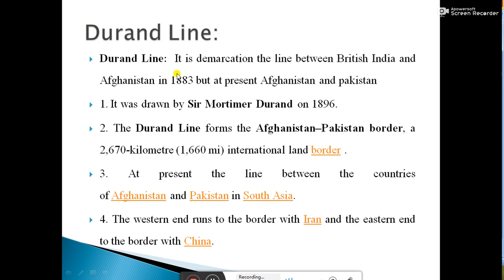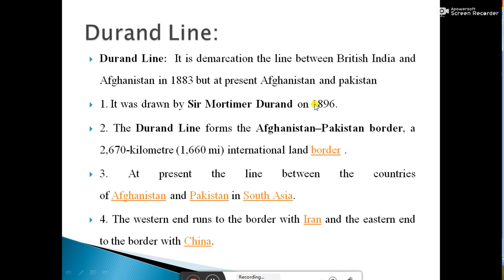There is another important line between India and Pakistan before the Independence Day, which is the Durand Line. The Durand Line is the demarcation line between British India and Afghanistan in 1883, but at present it separates Afghanistan and Pakistan. It was done by Sir Mortimer Durand